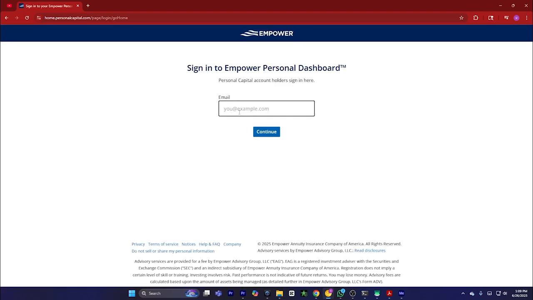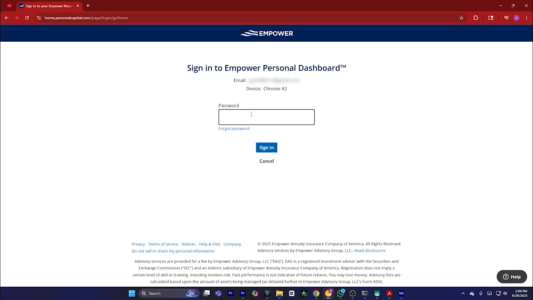Now it will take you to this page. Simply type in your email address and click on continue, and on the next page it will ask for your password. Enter your password and after that you will be successfully signed in to your Empower account. And that's simply how you can log into